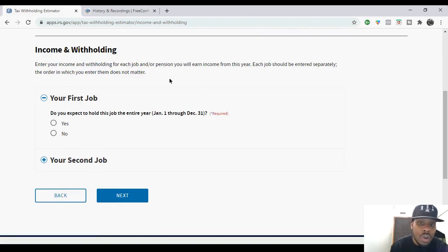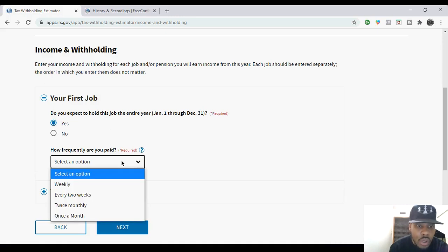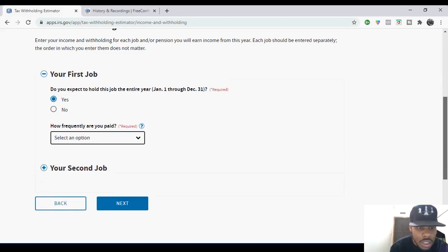All you have to do is fill it out accordingly, and it'll let you know what you need to do. Do you expect to hold this job the entire year? Yes. How frequently are you paid? We're going to say that this person is paid